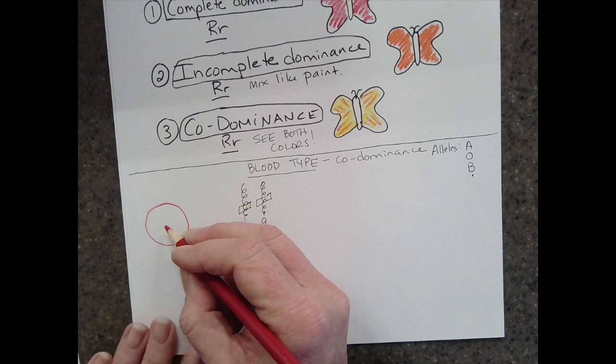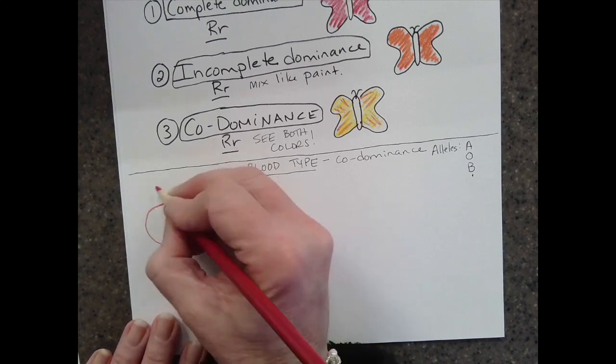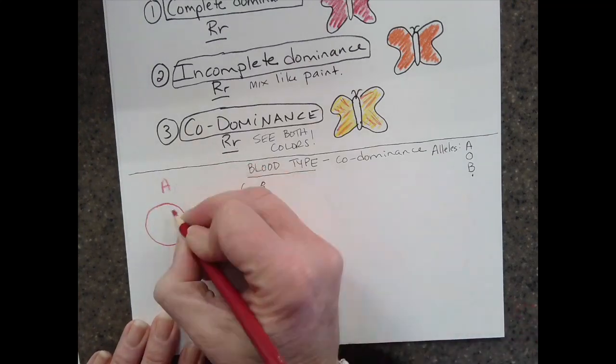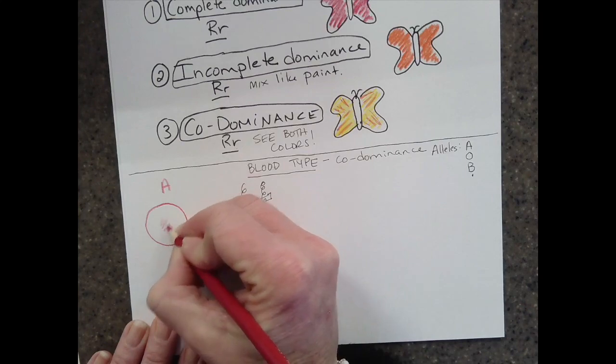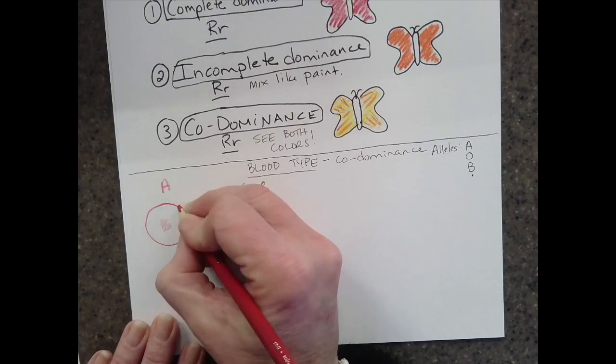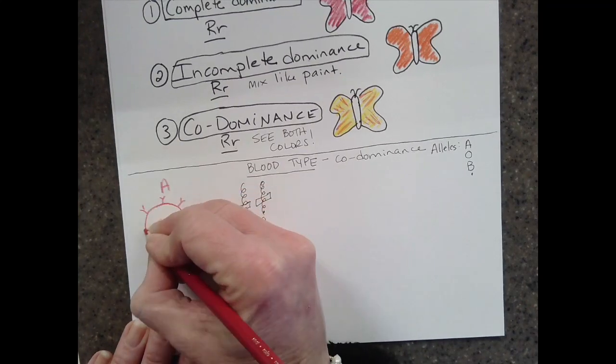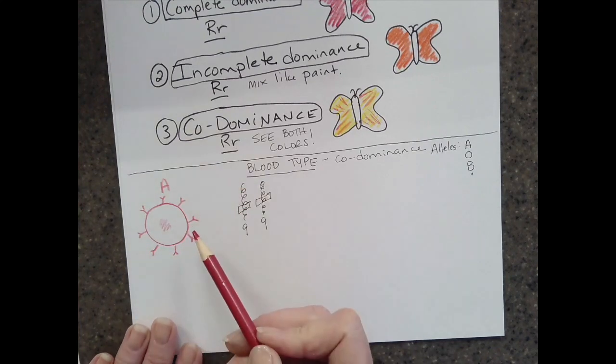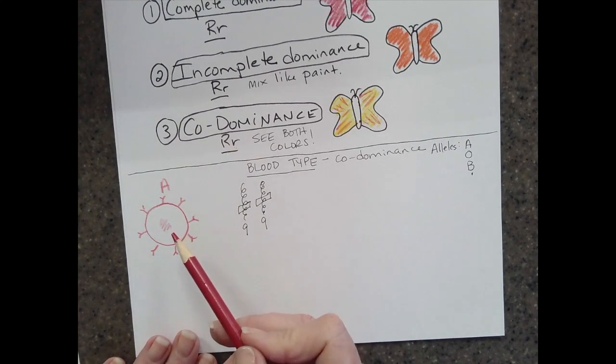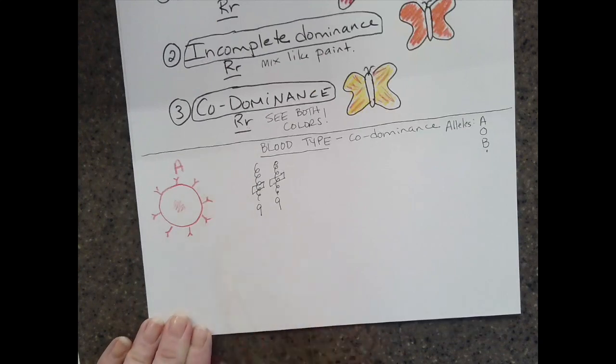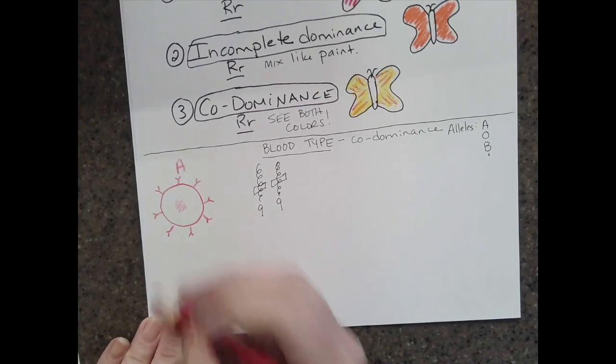Let's take a blood cell. If you have type A, on your little red blood cell, there is a protein and it sticks out. Your body recognizes this as your own if you are type A and your white blood cells do not attack it. If you are type B,